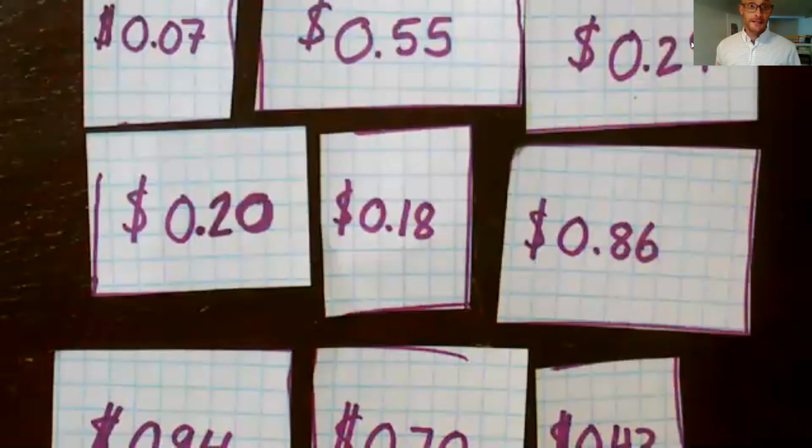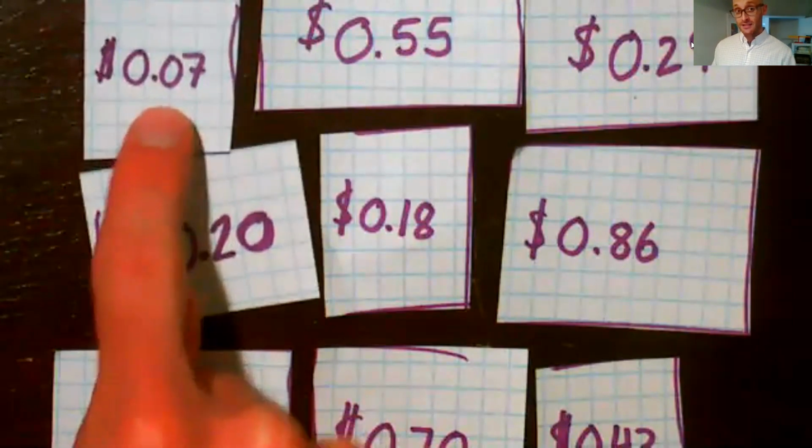So I was thankful that I didn't yet recycle or throw out these price tags from last week. I'm sorry I didn't mention to set them aside that we'll use them again. But if you did throw them out, please make these 12 price tags again. I'll go through them one by one and you can pause to write them along with me if you need to recreate. I'd like to make a price tag that's 7 cents, that's 0.07,